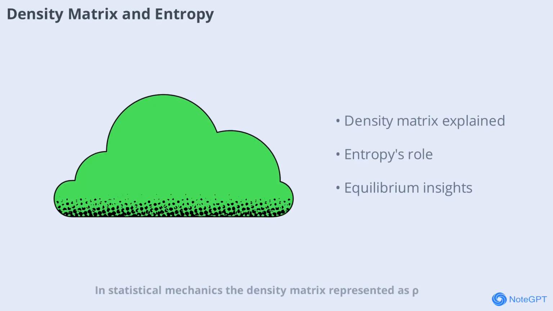In statistical mechanics, the density matrix, represented as ρ, plays a pivotal role in describing the statistical state of a system. By leveraging properties of the density matrix and entropy, we can derive important inequalities that govern system behavior. Entropy measures the disorder or randomness within a system, and its relationship with the density matrix helps us understand how